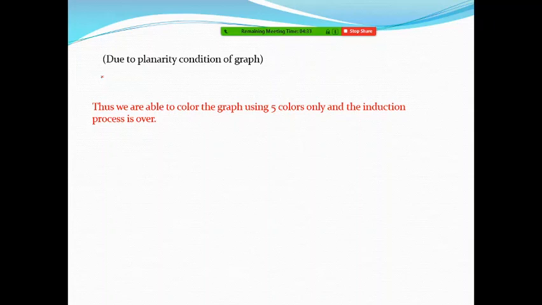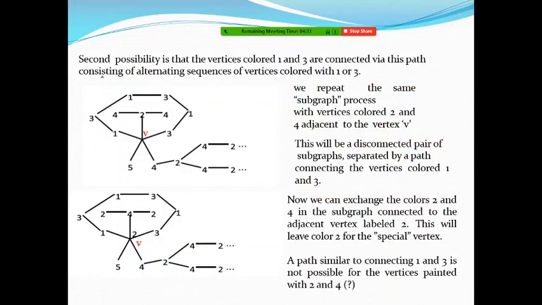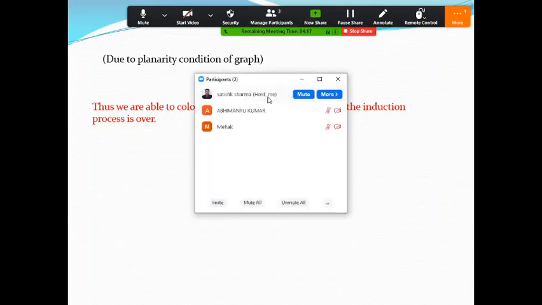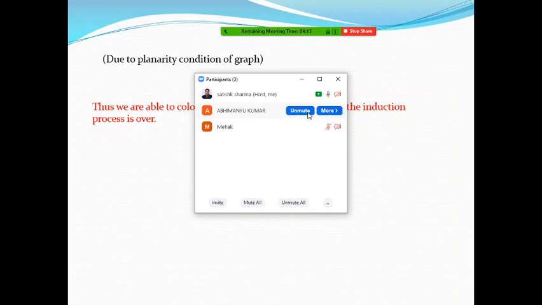So with this, I think we are left with just 1 or 2 topics. I will take your next class on Thursday. I think I will arrange one session where you can ask your doubts. Even if you want to ask any point, I'm just unmuting. You can ask any question. I'm unmuting you. You can unmute yourself and ask any doubt if you have. I can see 2 faces are there, Abhimanyu and Mac. If you have any doubt, you can ask.